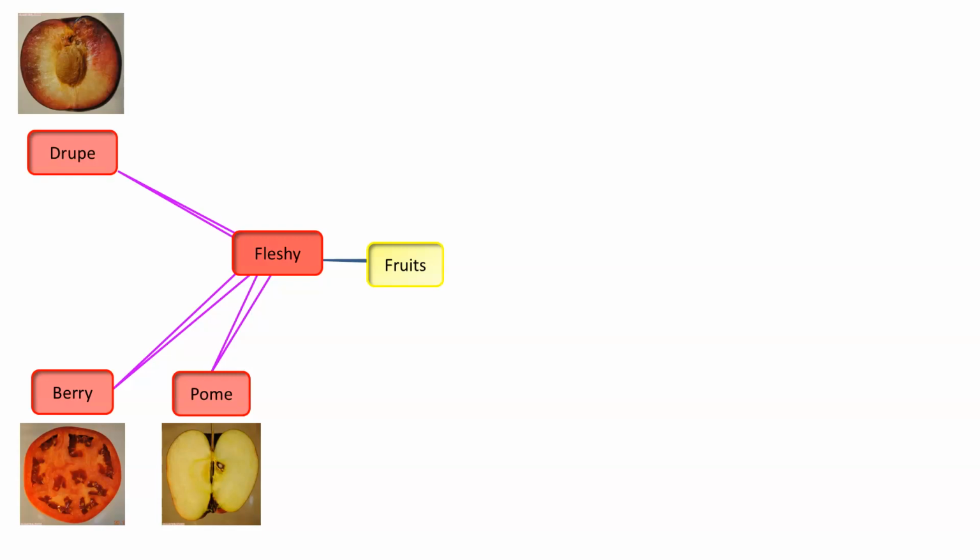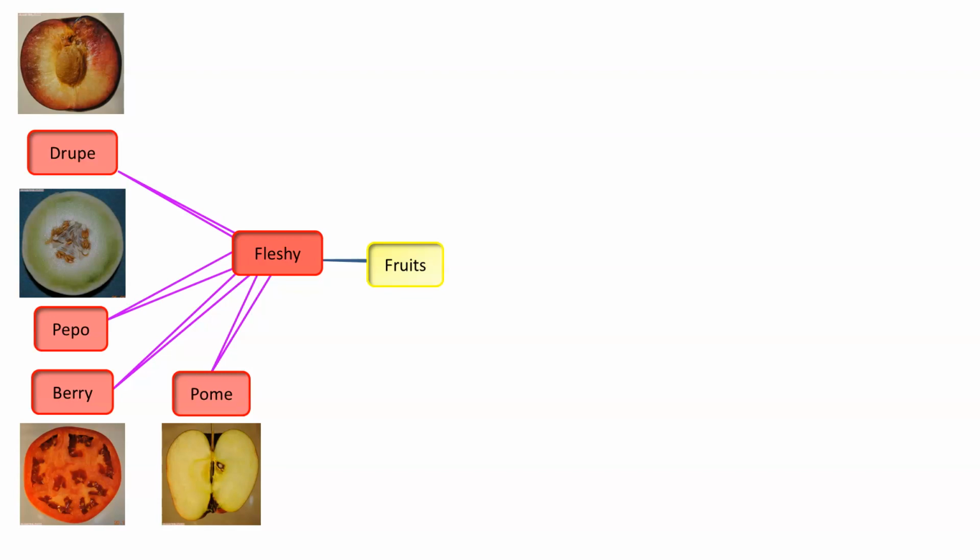You've seen that before. We have what we call a drupe. And a drupe is a fleshy fruit that on the inside has a single seed encased in a hard material. This is a plum. Think peach. Think nectarine. Think cherry. They've got hard seeds on the inside, but they're fleshy on the outside.